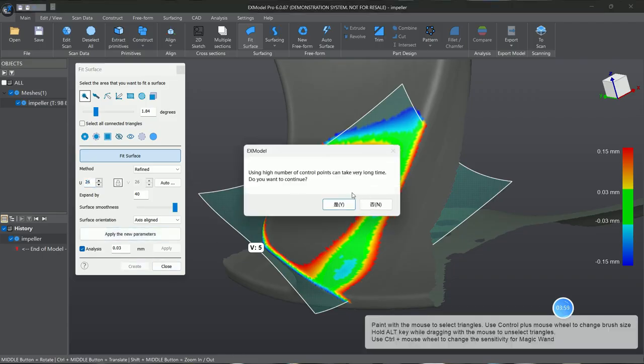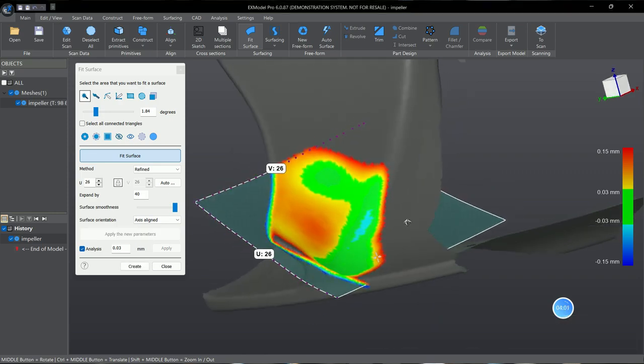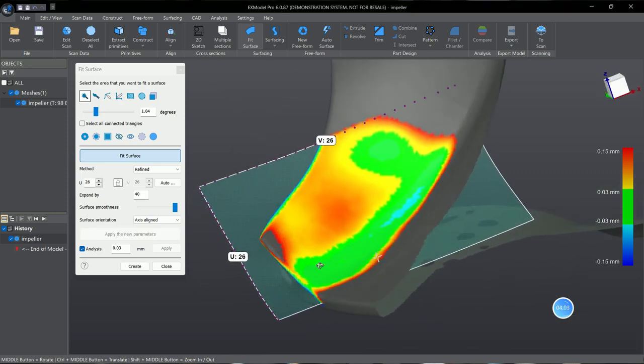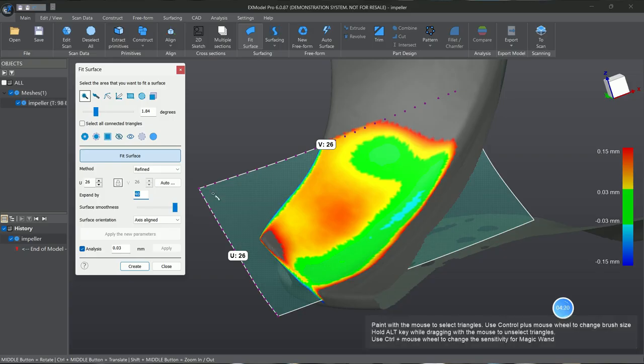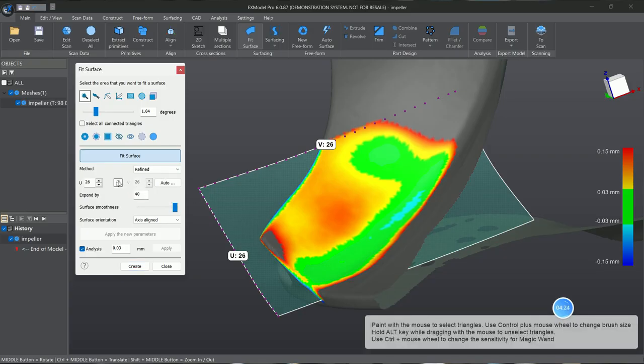We don't want to overload this and make it too hard, so we leave this for later for the customer who wants to add more control points. But we all know that the more points we have, the harder it is to control and use. As you see now, I enormously increased the number of control points in V direction. I'll just leave this as 26 now. And these are all the controls you need to use for the fit surface. When you're happy, you just